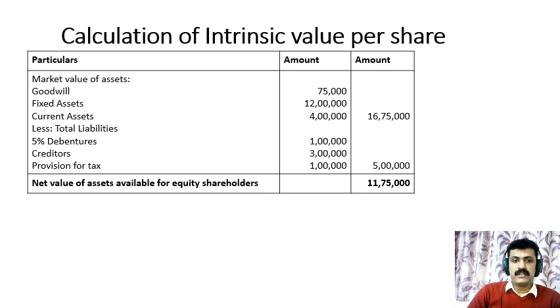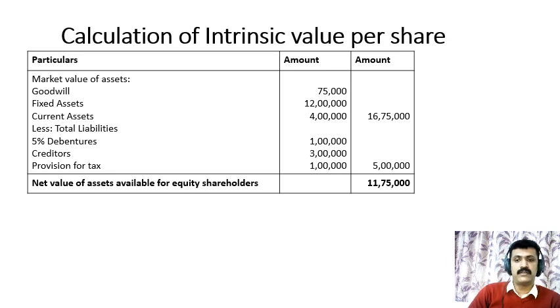First we have to ascertain the net value of assets available for equity shareholders. As I already said, first we have to take the market value of assets, goodwill 75,000, fixed assets 12 lakhs, current assets 4 lakhs. Total market value of assets is 16 lakhs 75,000. From that we have to deduct total liabilities due to outsiders. That includes 5% debentures 1 lakh, creditors 3 lakhs, provision for tax 1 lakh. Total amount of liabilities is 5 lakhs. 16 lakhs 75,000 minus 5 lakhs is 11 lakhs 75,000, that should be treated as net value of assets